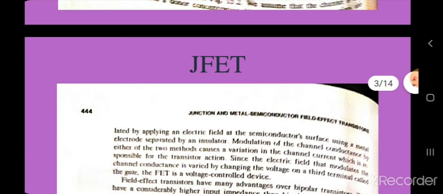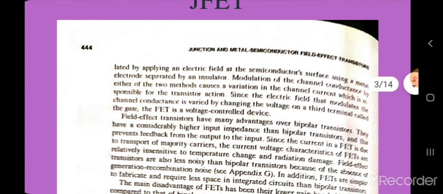However, this is true mainly for the silicon FETs fabricated using conventional technology. During the last several years, high mobility semiconductors like gallium arsenide and indium phosphide have been employed, and new fabrication techniques have been used to reduce the device dimensions to the submicron range. These developments have led to MESFETs with high frequency performance comparable to, and in some cases even better than, that of a bipolar transistor.